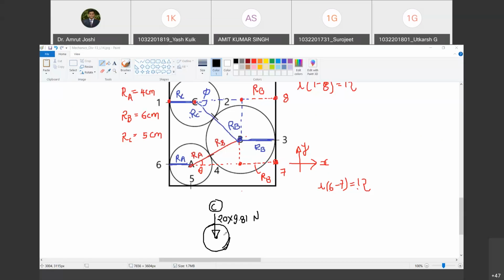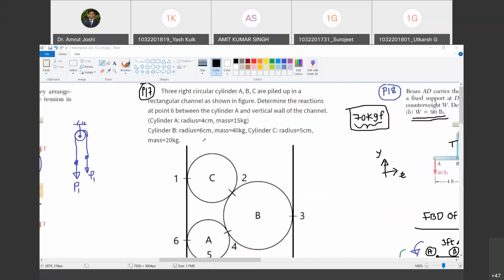Happy? Now, is friction mentioned anywhere? Coefficient of friction or something, has it been mentioned? No. That means we have to assume that all surfaces in contact are smooth. Are you with me? So 1, 2, 3, 4, 5, 6. All these contacts are smooth is the next assumption that we have to make. Implicitly, it is given in the problem because coefficient of friction is not mentioned. Do you agree with me?